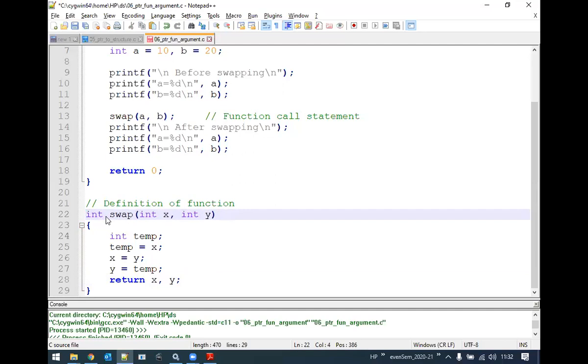Integer. Okay, fine. Now, since it is returning, tell me how many values we can return from a user defined function. In this statement, as we said, x comma y. Is it possible for us to return values from a user defined function?